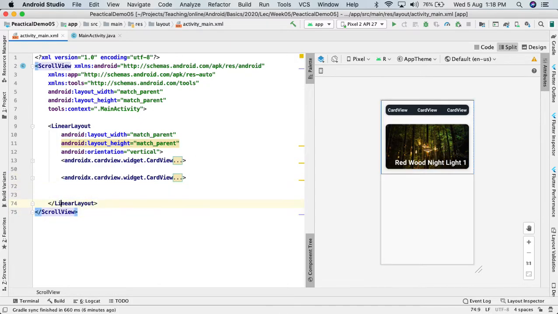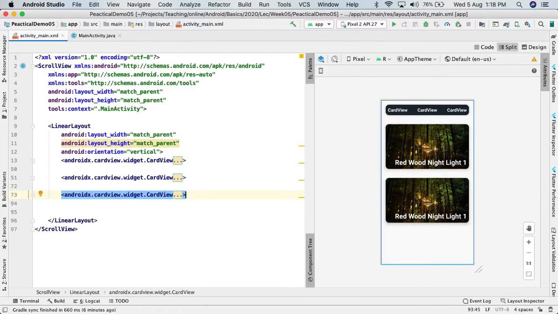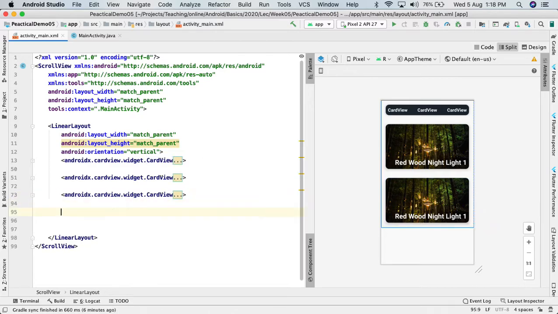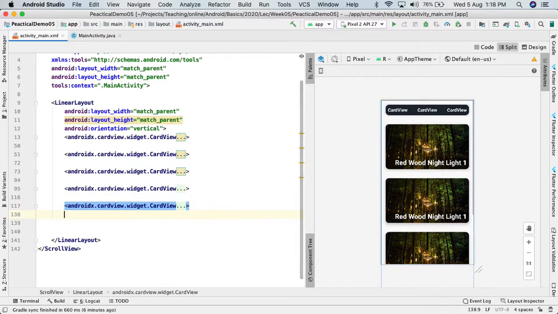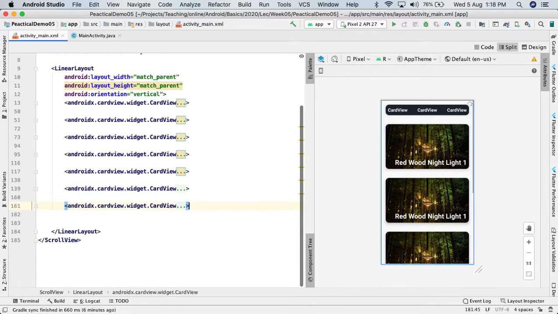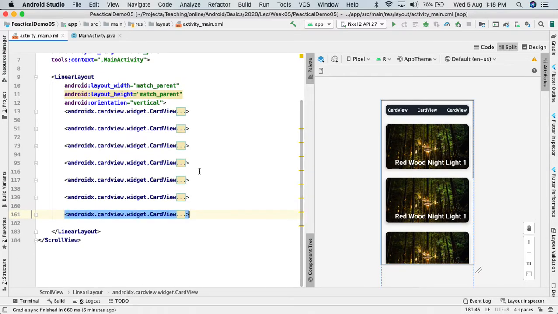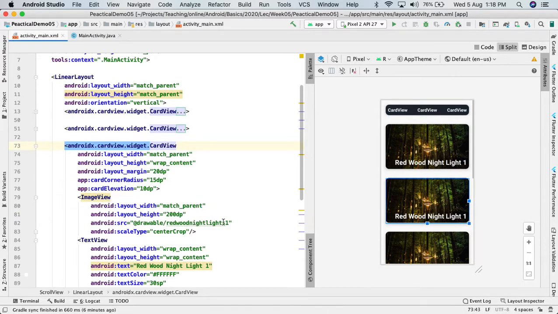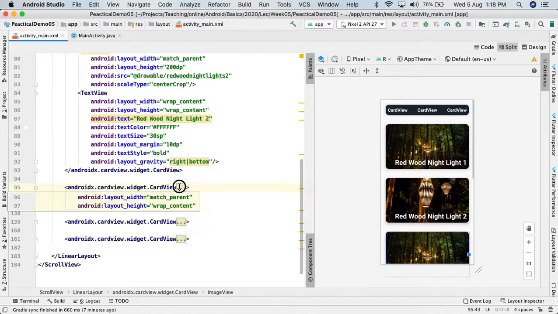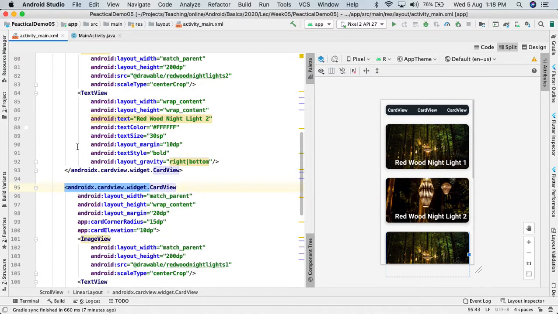Okay, so what we are trying to do here is create another card view, and this is the second one, this is the third one, this is the fourth one, this is the fifth one, and this is the sixth one. So we have already added this one, so here we can say that it should be the second, and again here should be the second. Okay, and then here we will have that particular specific